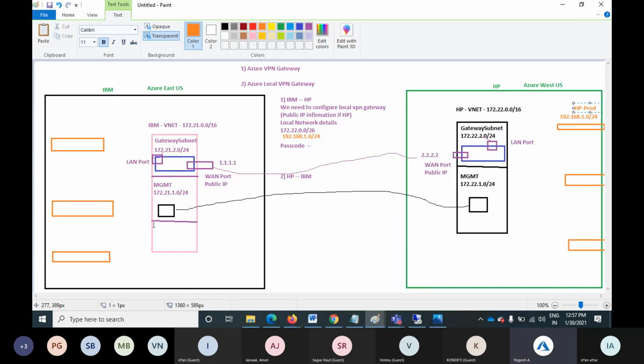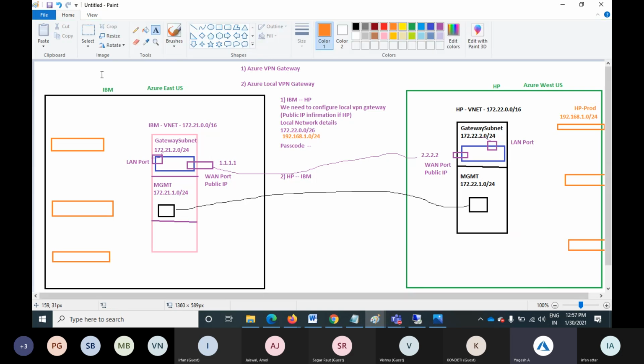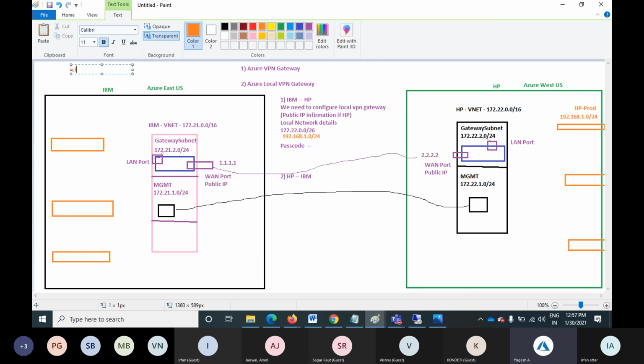Okay, so let's go into the portal. What we are going to do now: I have two different accounts and two different subscriptions, so we will use both accounts here. We will configure the IBM infrastructure under my account, which is